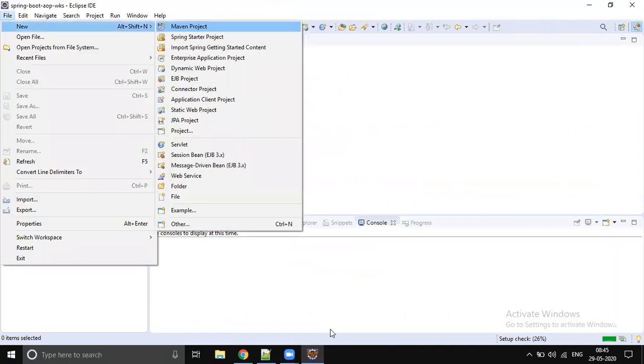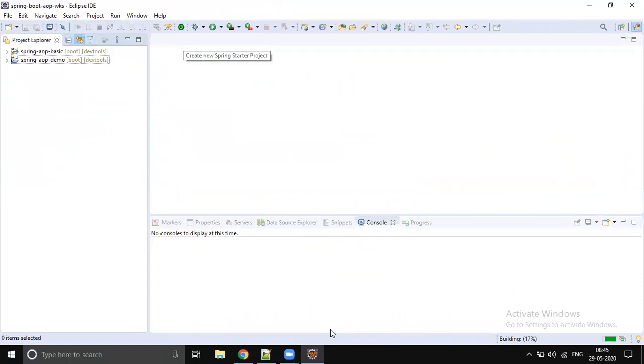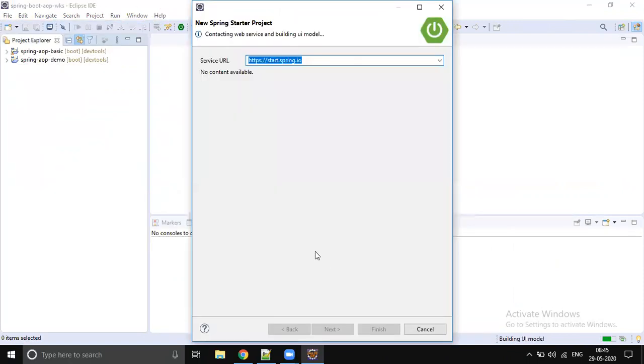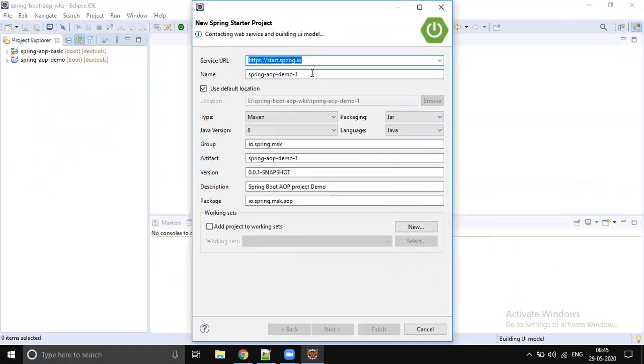Let's create a Spring Starter project, a fresh project. I will name it AOP demo new. So our project is the Spring Boot AOP demo project.